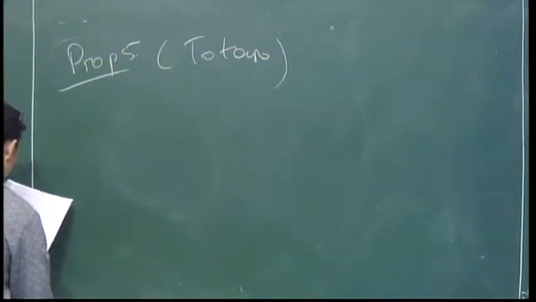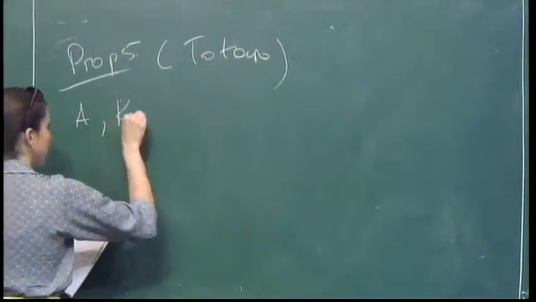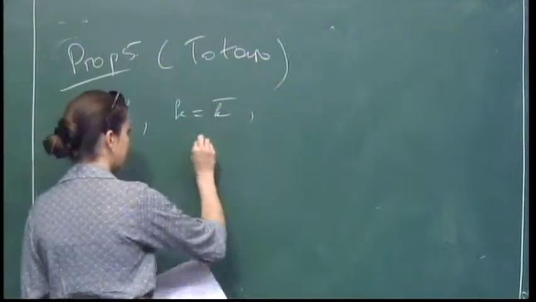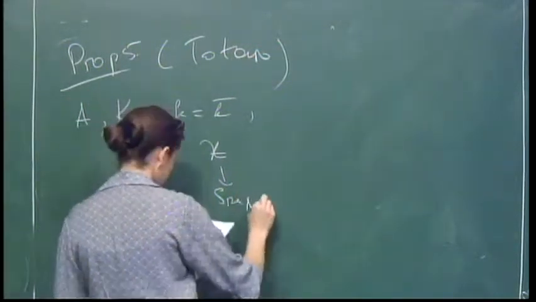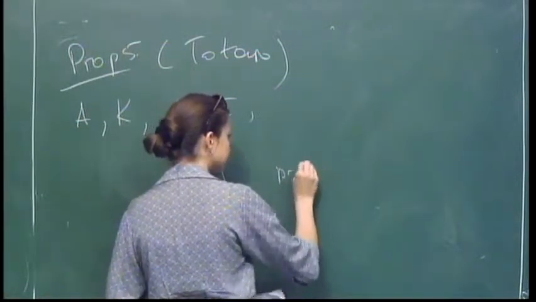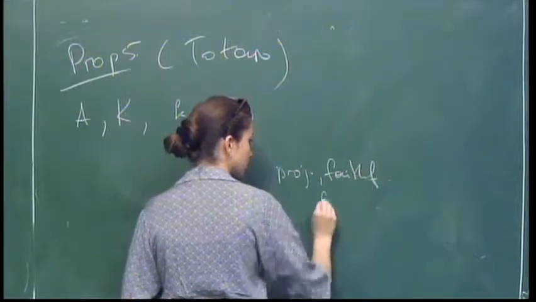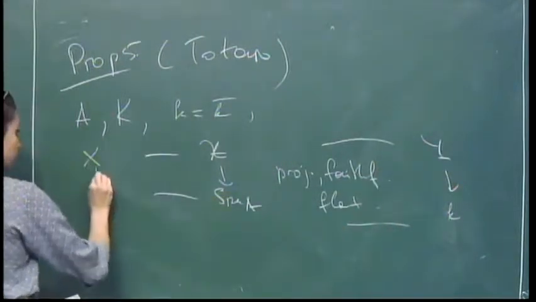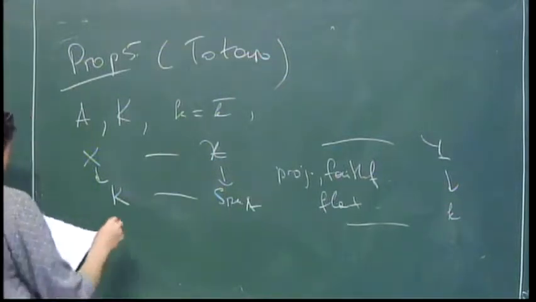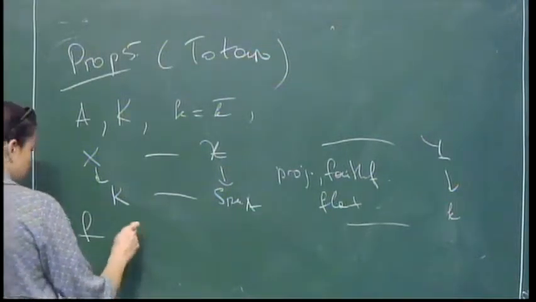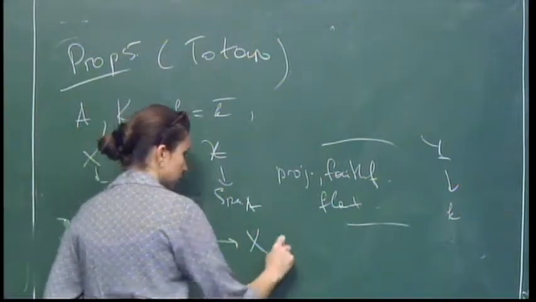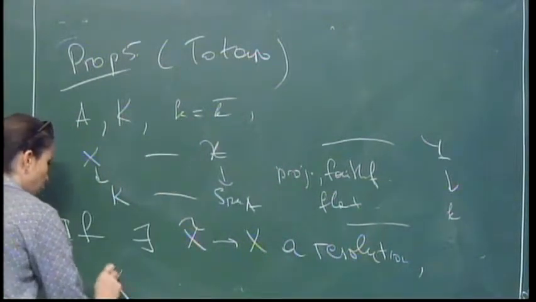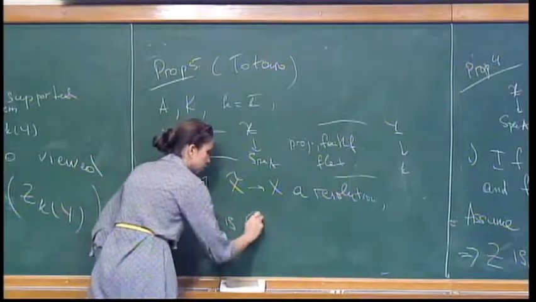is that as before, we take A, big K, and a little k algebraically closed. And then we are in the situation where we have this X over Spec A, say projective, faithfully flat. We have the special fiber and the generic fiber. And we assume that if there exists X tilde to X a resolution with, again, CH0 universally trivial over k bar,